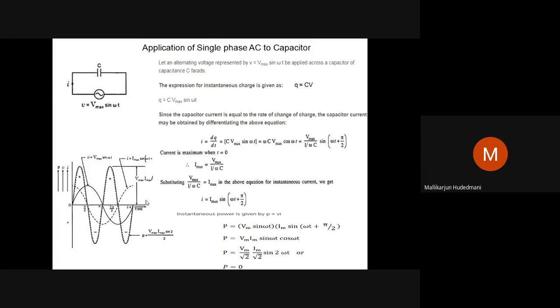That's the proof of our work. So P is zero because the average power over a cycle is zero. Positive half, negative half, positive half, negative half, equal in dimension, spread evenly, completing 2 cycles within 0 to 2 pi. That is the meaning of 2 omega t, progressing at twice the rate of the supply voltage. Hence, the power wave averages to zero. This is how we learned today.